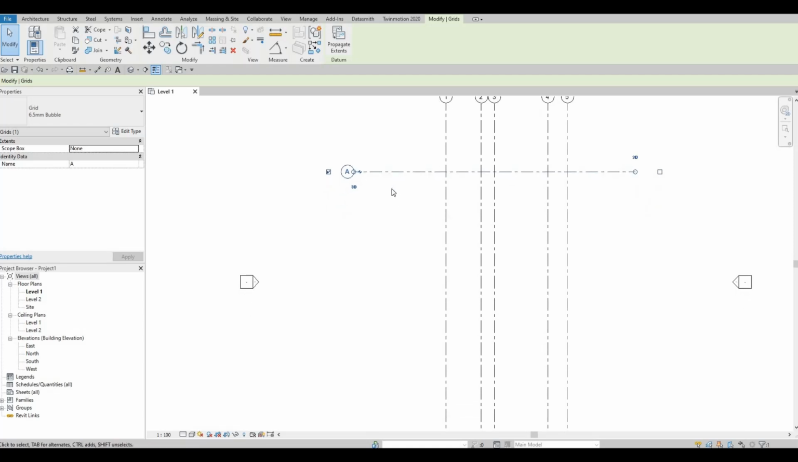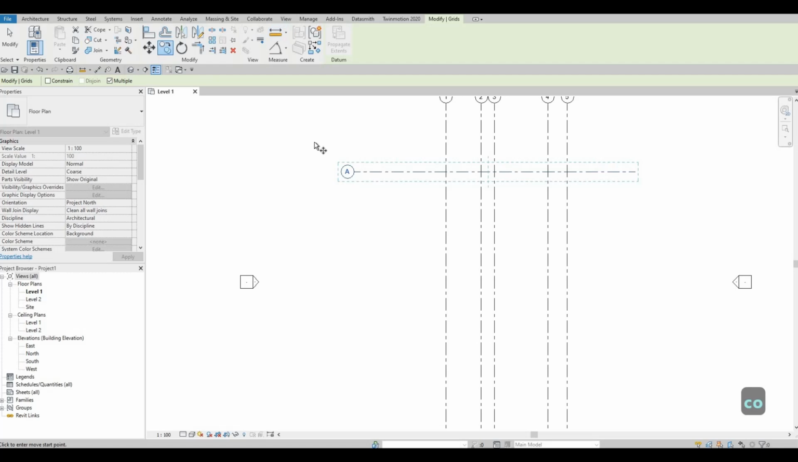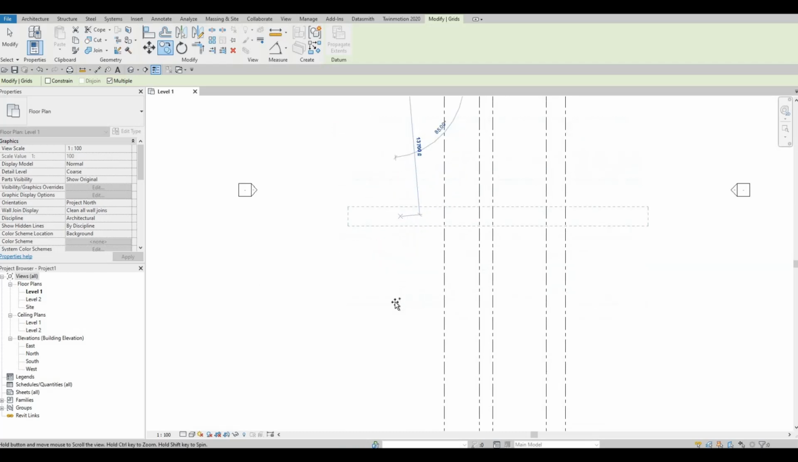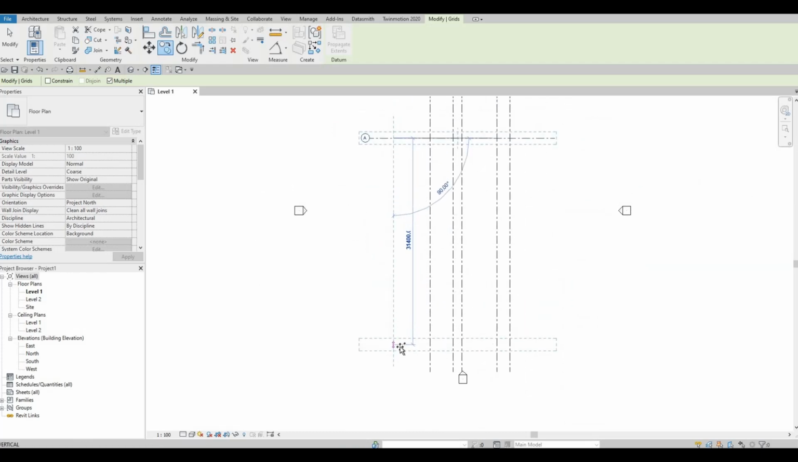So now we can type in CO, that's to copy again. Multiple is already checked because we already did this. And then here, just grab it again, moving it below. Make sure it's 90 degrees so that everything is aligned together. And then now I'm going to type in